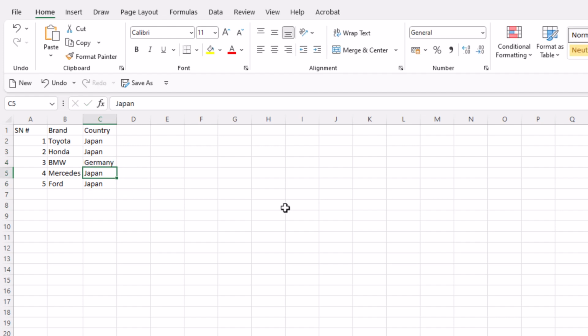To copy Germany from C4 to C5, I select C4, go to Home tab, click on Copy. The cell C4 is in copy mode. It's shown by this dotted line animation around the copied cell. Then I click on C5, go to Home tab, and click on Paste. The value of cell C4 is pasted in C5,